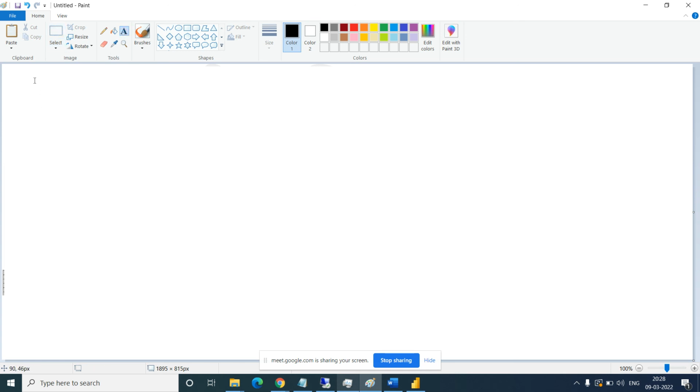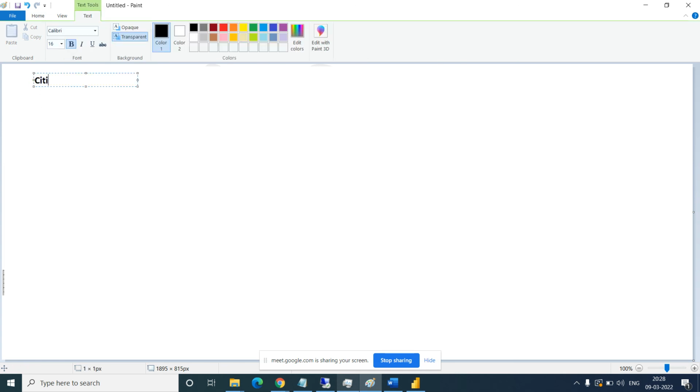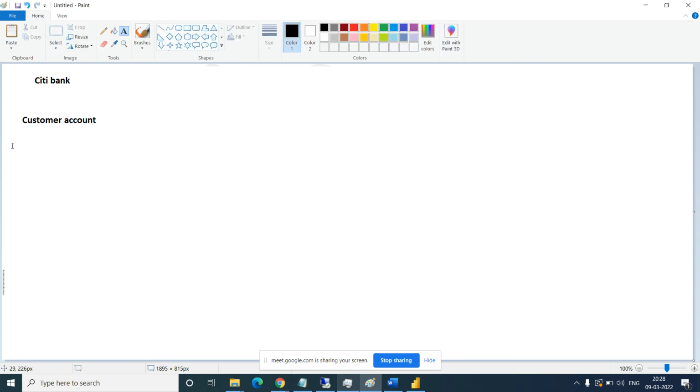Let's take a customer table and a banking transaction. I am going to explain a banking structure so you will understand which is a master table and which is a transaction table. Let's say there is a bank, Citibank, and it has customer bank accounts. So it has a customer account table. What will the columns be?